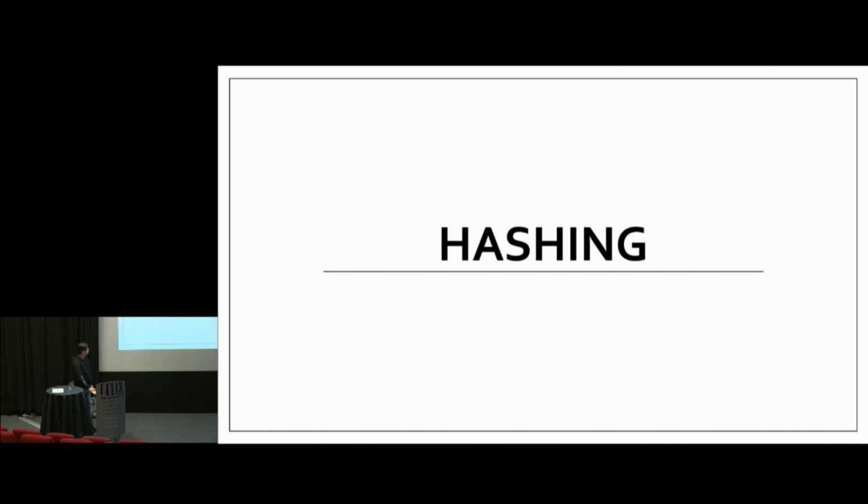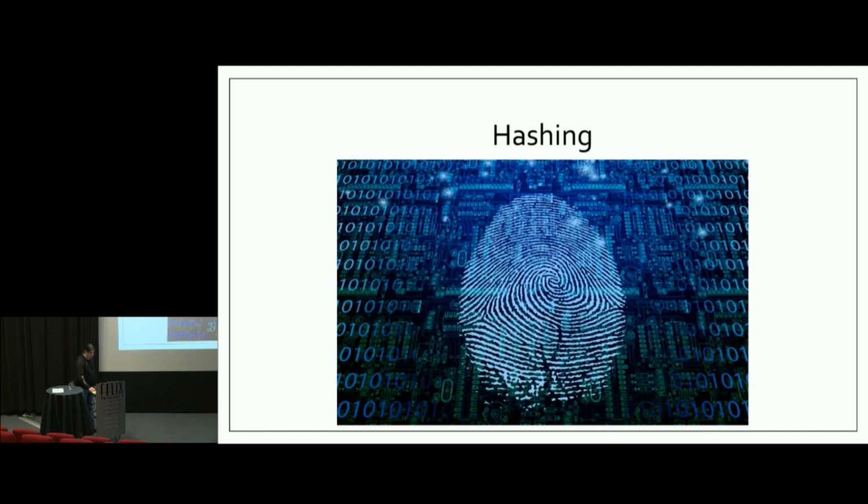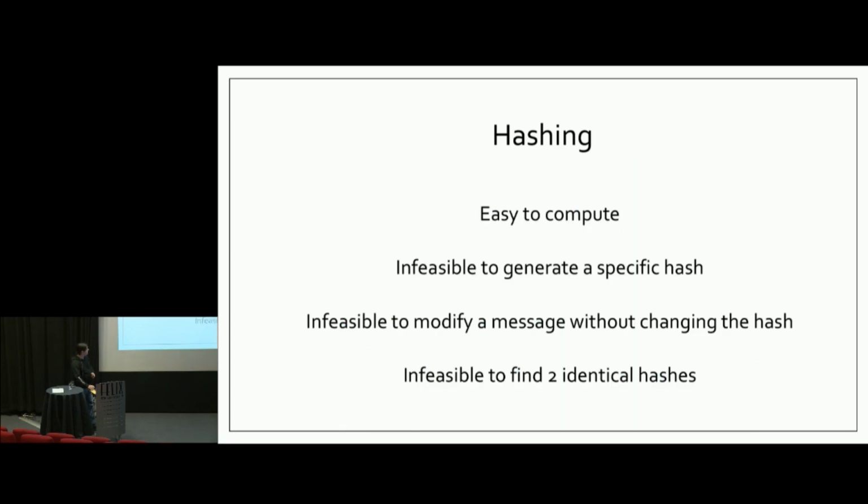The next thing I want to quickly look at is hashing. Hashing can most commonly be thought of as a digital fingerprint for a piece of data. You pass some data in, you hash it, and you get a unique ID fingerprint, a piece of data, out the other side. Now hashing should have four core principles, or four core tenets. One, it should be easy to compute. So if I've got a file, a string, or a piece of data in a database, it should be easy to